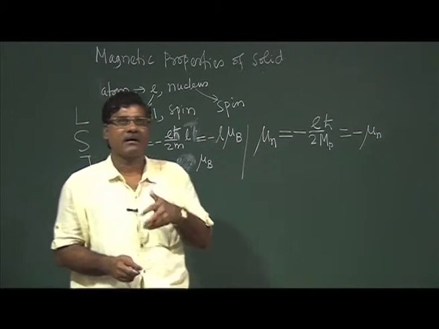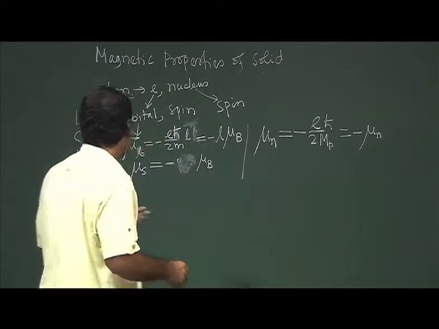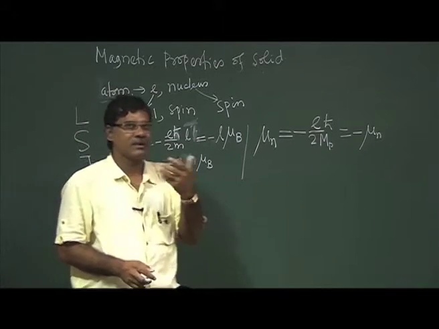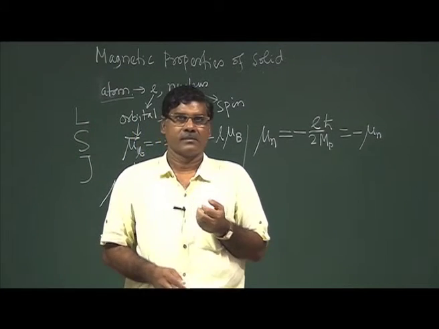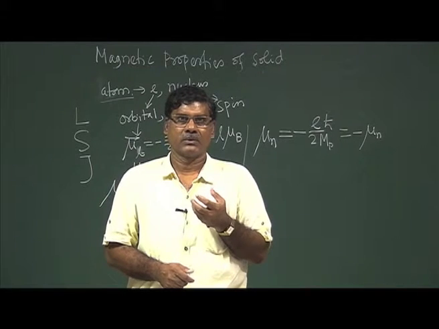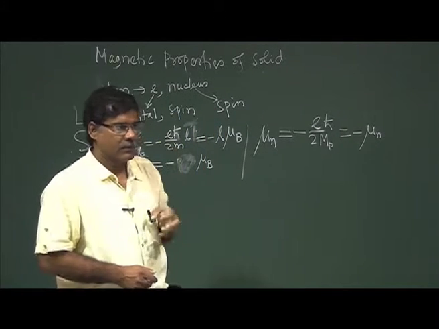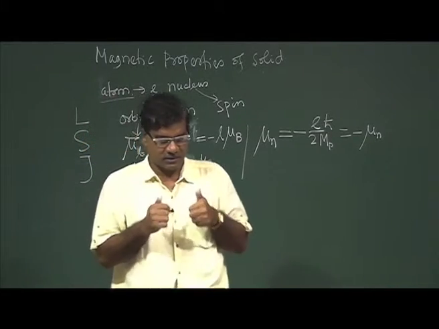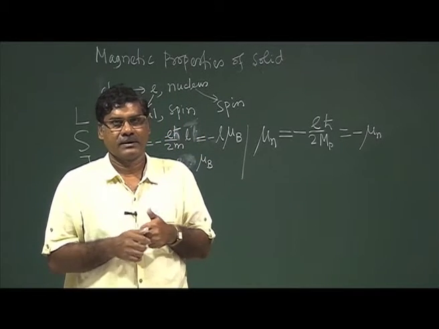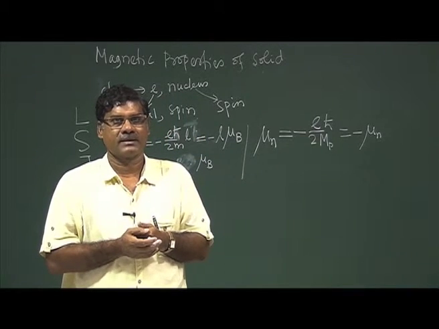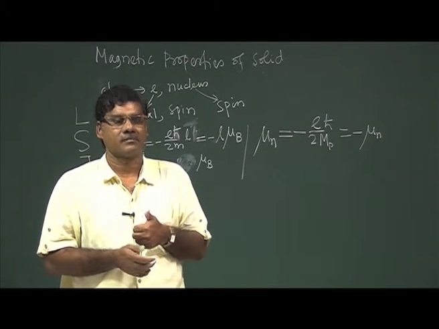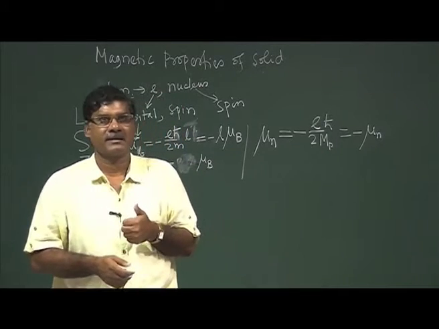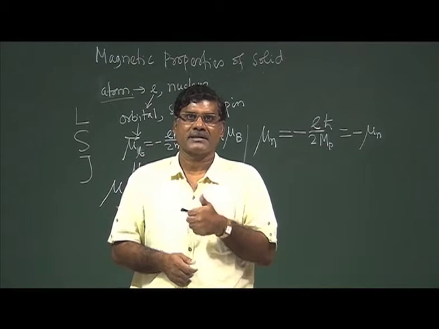So, each atom has a mu j value, the magnetic moment. The atom is attached with a dipole magnetic moment. When these atoms are in solids, how these moments are oriented in the crystal with respect to some direction in space? That direction in space is generally taken as the direction of the magnetic field.